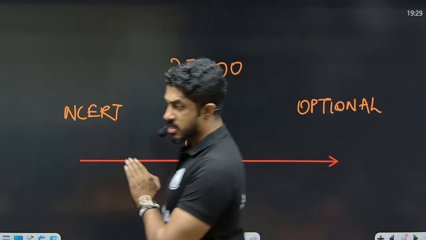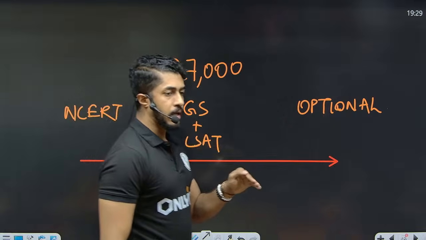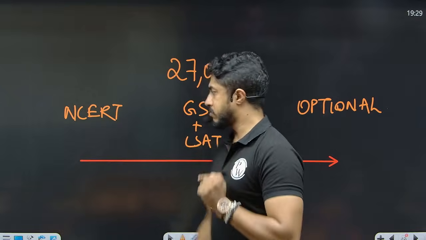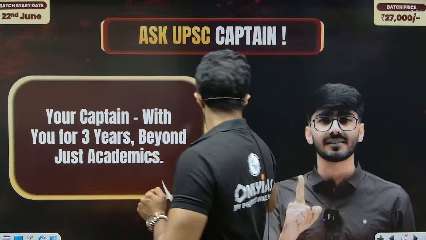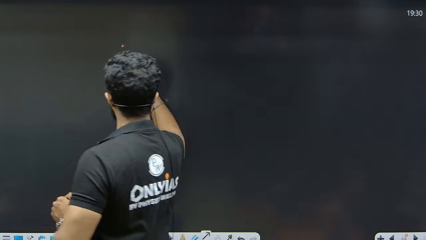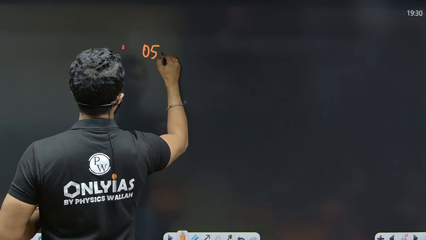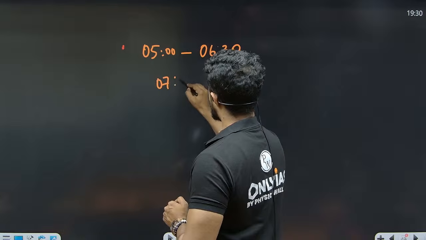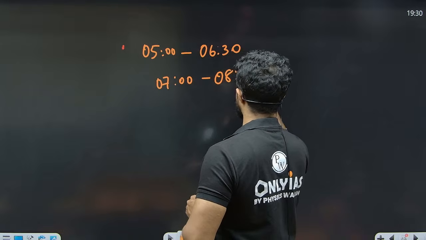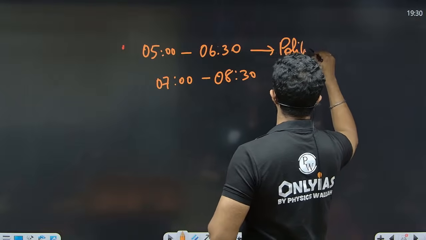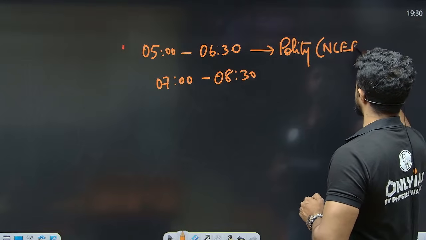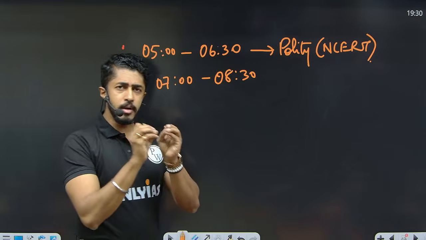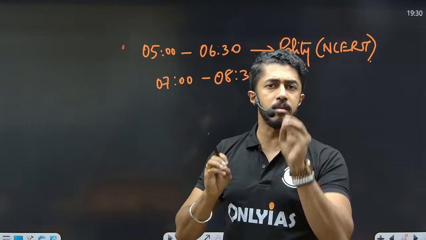All right. So this is how it is. So we will be teaching it. So for example, now Monday, first class, June 22nd, polity will be starting at 5 p.m. Polity classes will be starting from 5 to 6:30. Then you will be having from 7 to 8:30 the next class. This polity NCERT class it is. I will be starting it. We'll be going very slow, very gradually, exposing you only to the NCERT related terms and terminologies of polity.